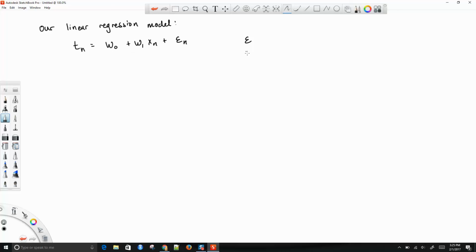The error term comes from a normal distribution centered at 0 with variance sigma squared. Okay, and so let's say that the true model that exists in the population